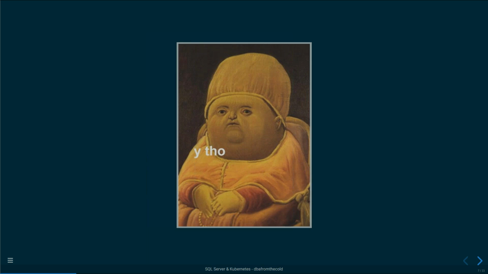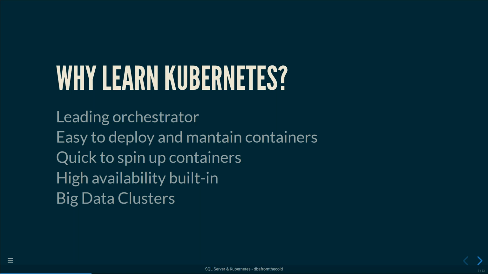So why learn Kubernetes? It is the leading orchestrator out there on the market. It is doing so well, in fact, the competitors have started incorporating it into their platform. Docker Enterprise, even though they've sold it off now, did have the ability to incorporate Kubernetes into that platform. You can run Kubernetes in Docker Enterprise. And you can see when I'm running Docker Desktop later, there's a little tick box where I can enable a one-node Kubernetes cluster.